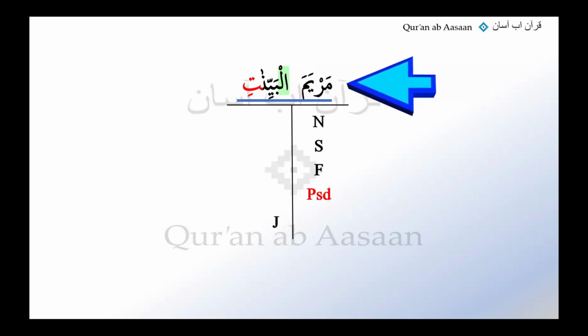But look at this. What is this? Is this a no or no then being possessed noun? Is it? You reckon? It's not. It is a name. It is our name that we have been doing for a while now. We are very confident that this is a proper noun. Okay, we never write proper in the analysis. I've just written it like this to make it really clear to you. This is a proper noun. This is not a noel note and being possessed noun. So together, it is not possible for them to make Murakkab Idafi. This does not meet the conditions that we have just learned about Murakkab Idafi.